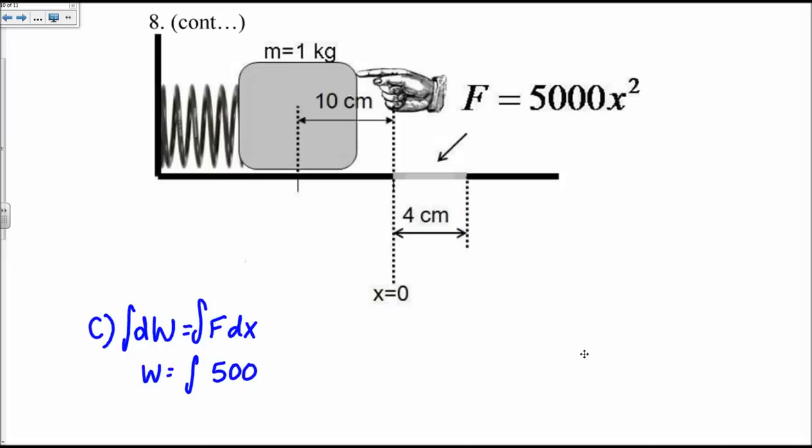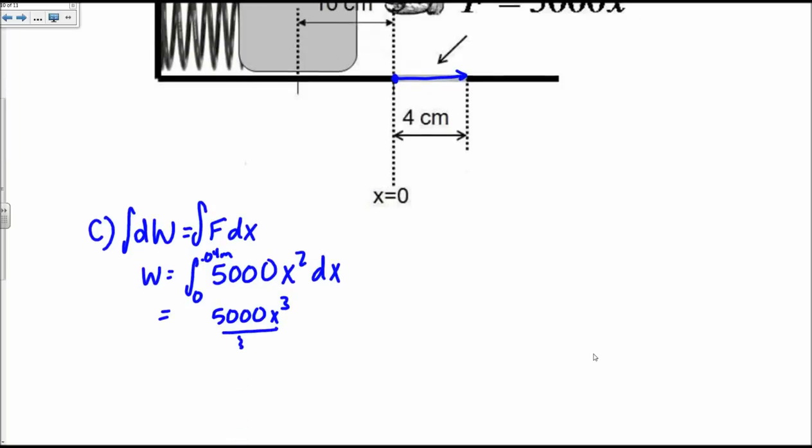F is 5,000 x squared dx, and I'm integrating from 0 to 0.04 meters, because that is the length over which this force acts, 4 centimeters. And so that gives me 5,000 x cubed over 3, evaluated from 0 to 0.04, and the limits of that integration give 0.107